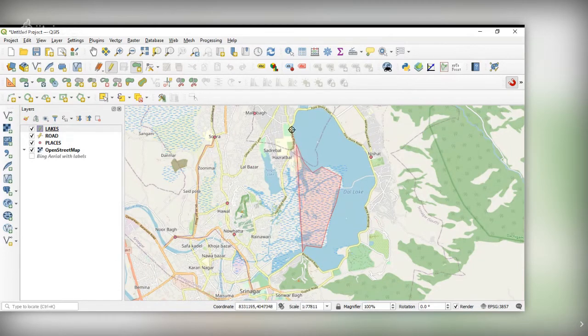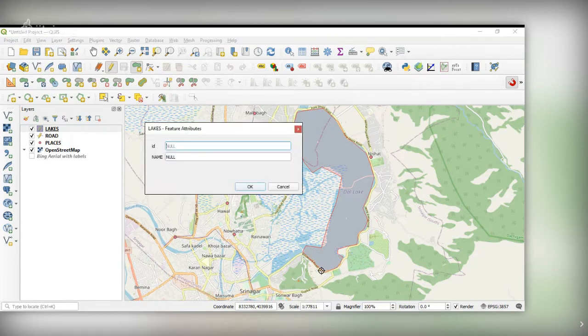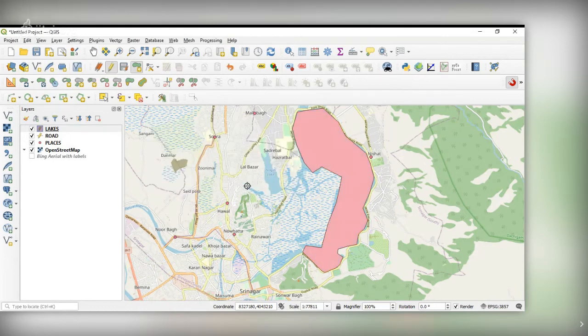I am doing it very inaccurately and randomly, but it's only for demo purpose. But when you do it with more accuracy and with a higher zoom level, this is one, and this is the famous Dal Lake. And say okay. There is one more lake here.